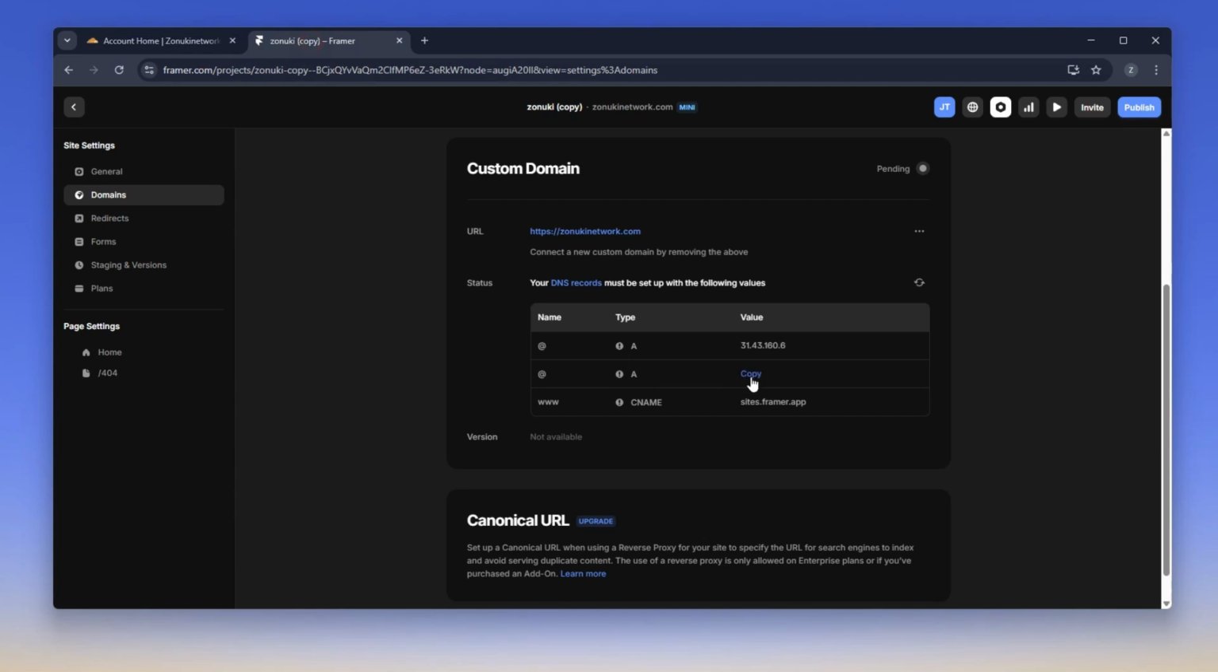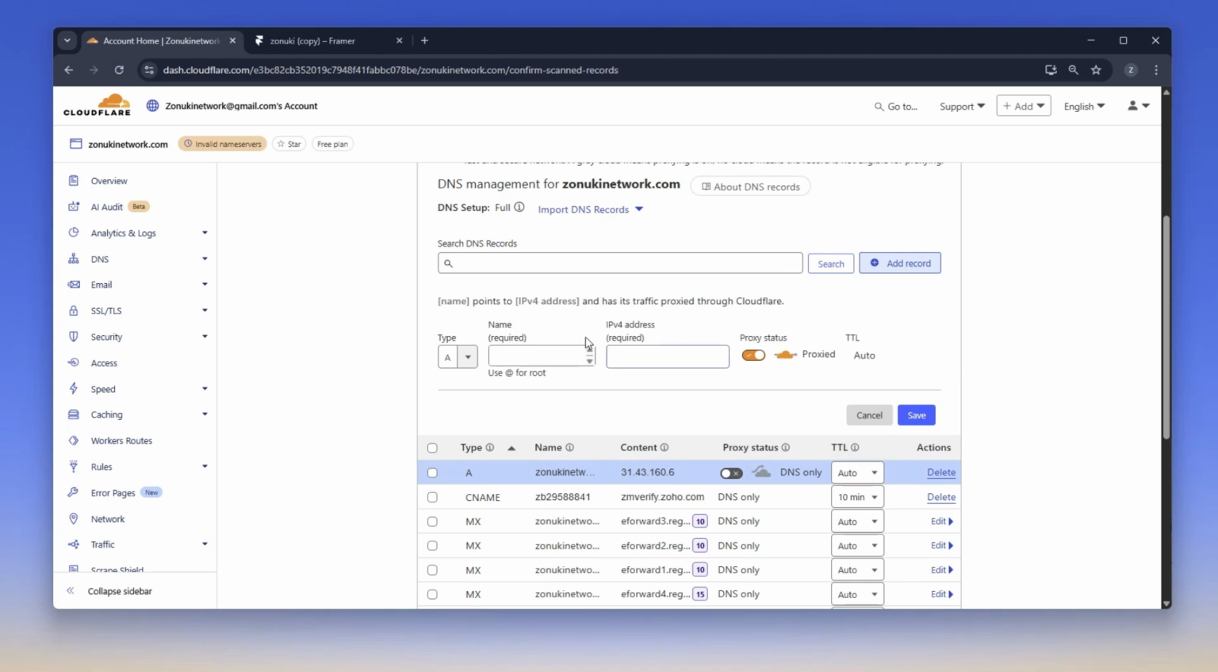which is this one, and I'm just gonna copy it and put it here. So again, use art for the root name, and then paste the IPv4 address here, and of course uncheck the proxy status, so we only have DNS only, and then save. I'm gonna explain to you why we're using DNS only in a few moments. So just click save,